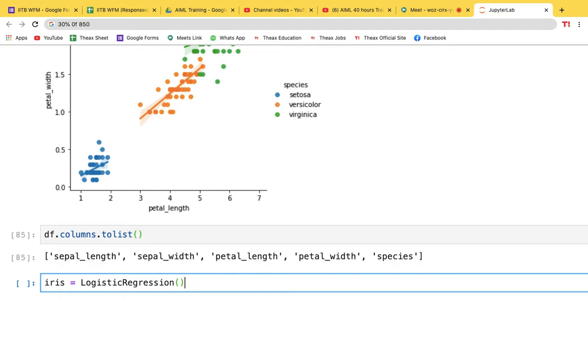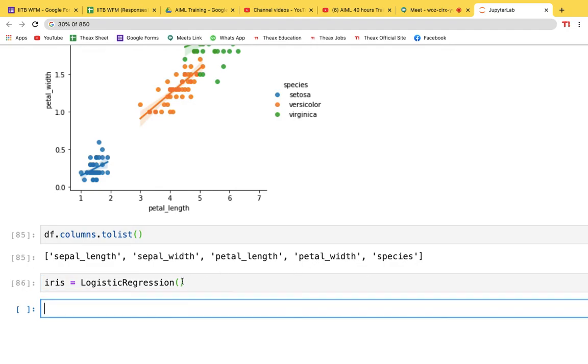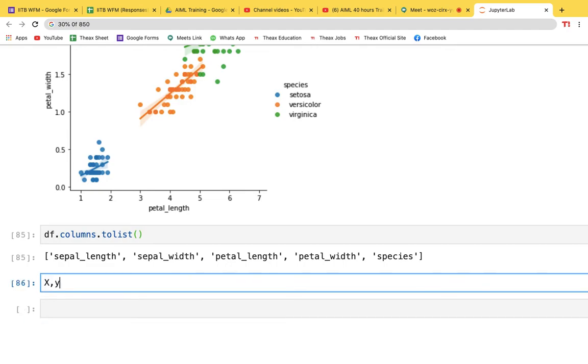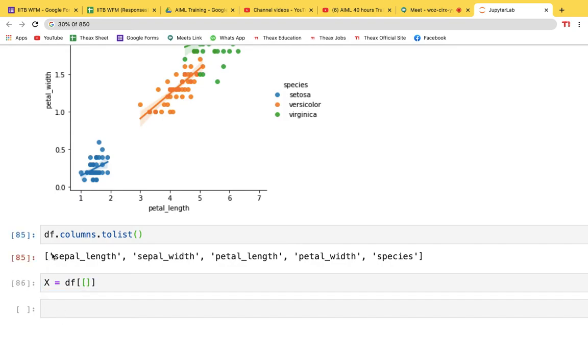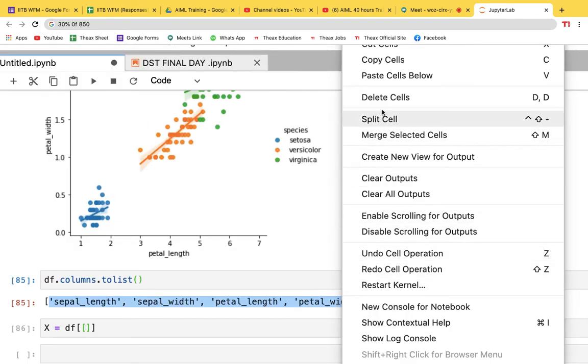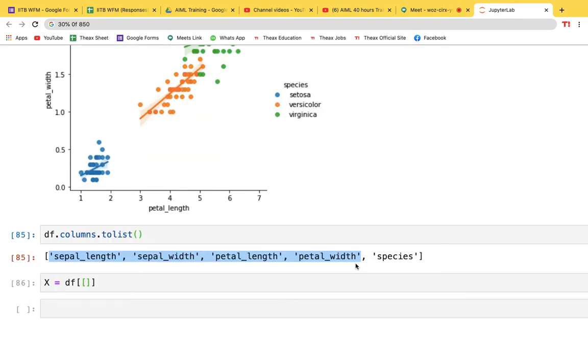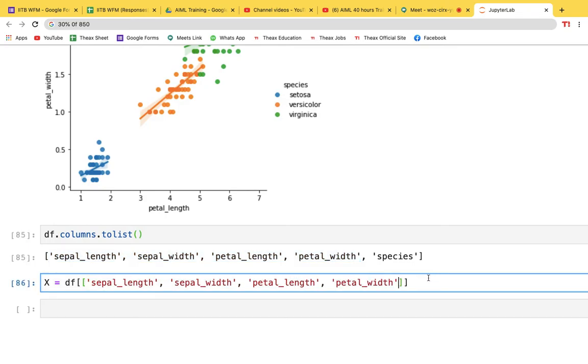Okay, we'll split it first. So logistic regression, we are going to pass this, and that is done. Logistic regression. Yeah. Now let's just make x and y first. So my x would be df of all these things, right? Because on the basis of this, I'll be taking. These are my features actually. So their values are my features, right? And similarly,